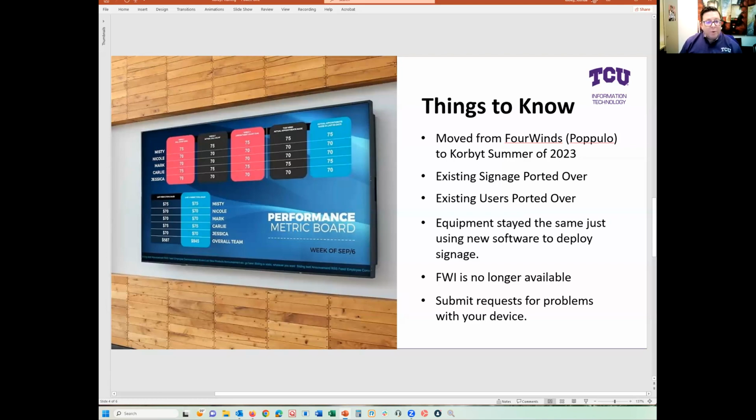If you do have trouble, we don't mind you having questions or posing them to chat, which is where I definitely want you to post those questions. But if you're having trouble with your sign not coming on, or you don't have access to something, or you want to add an individual to your request, make sure to submit a request through IT's ticketing system, and we will assign it over to one of our embedded support members that's working to make sure that your players are online and that things are good to go. So do not hesitate to put in a request. We'll get that to the right place and we'll work through that process.